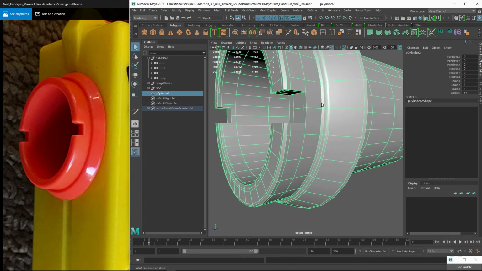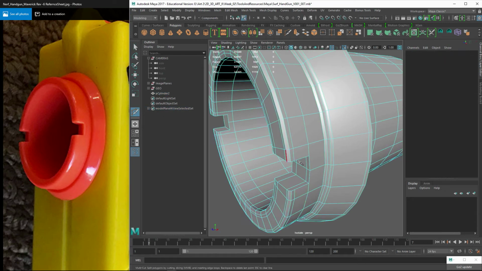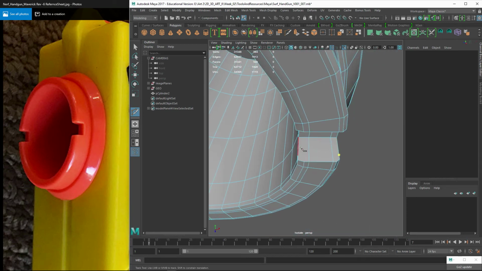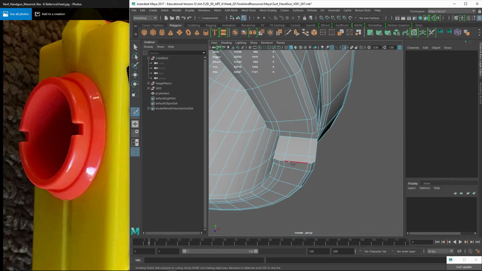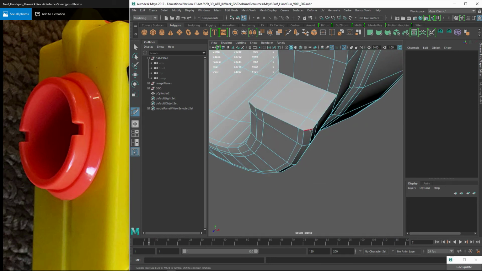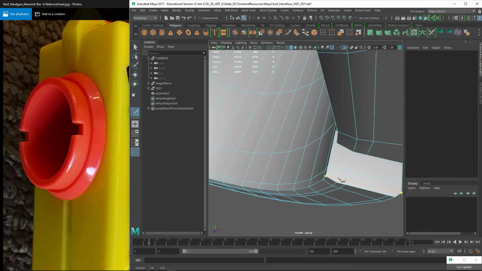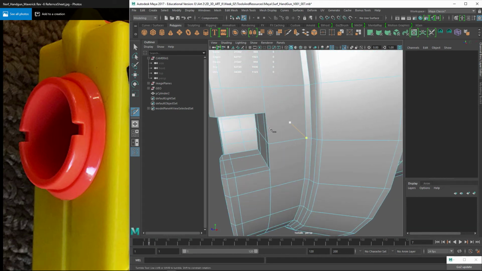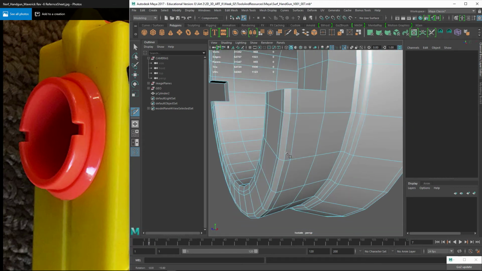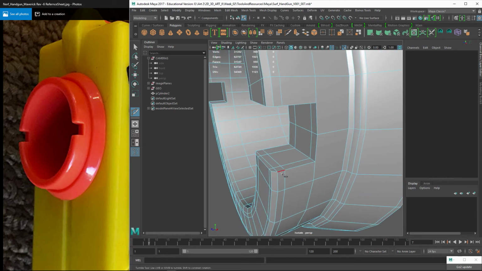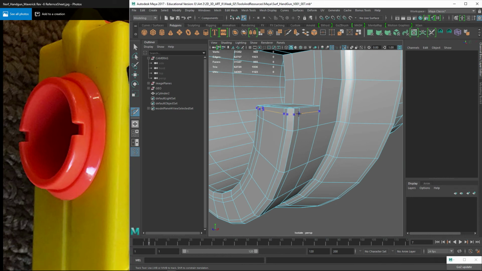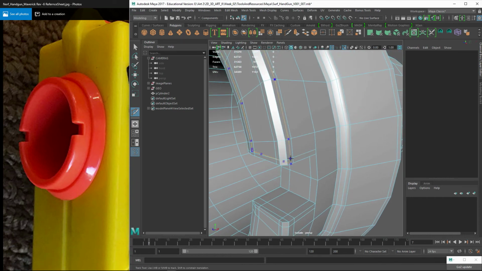So let's finish out this other part here. And again, you might find a different solution for how you want to do these edges, things like that. But I'm just going to go with this for now. Like that. And then I do need to maybe do something like this, where basically it's rounding because there's nothing holding this edge in through here. So if we did something kind of like this,